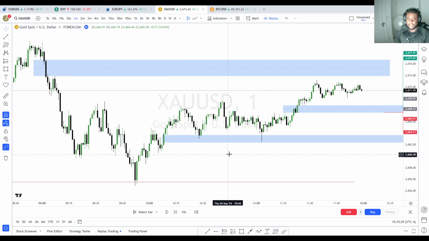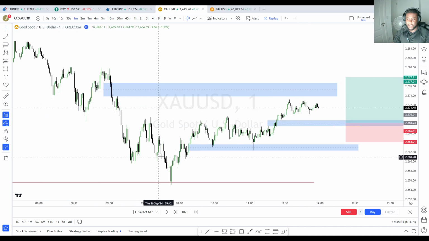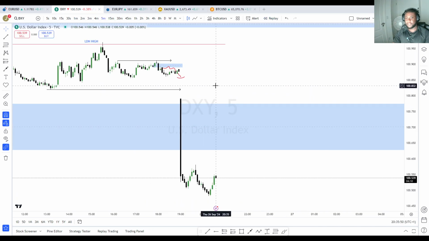And we can also see that we had these minor, well, structural breaks, right? If you look at this lower high, lower low, we broke above it there. Okay, so we had a couple of imbalance tests on the 1 minute here. So we had a tap there, and then we had the push up. So I was thinking, cool, this has a really good chance of giving us a move.